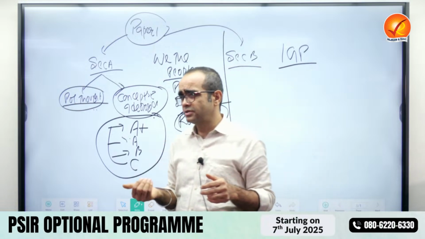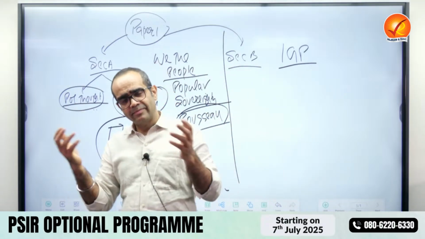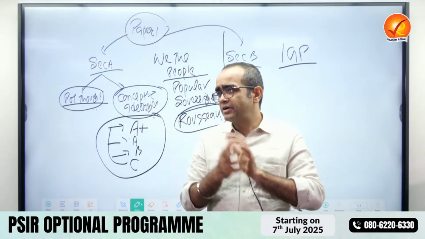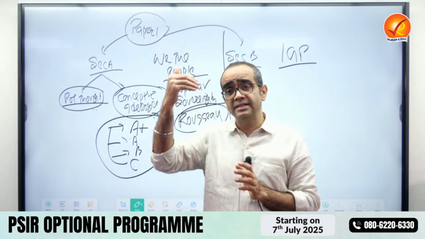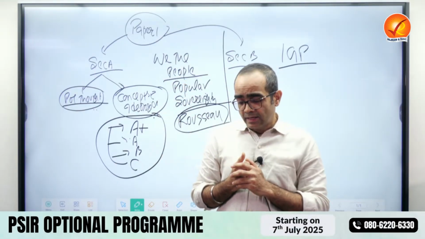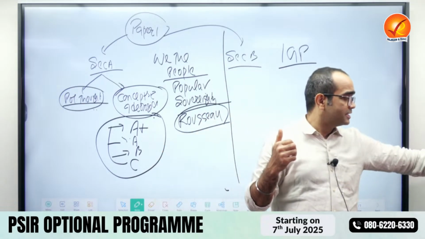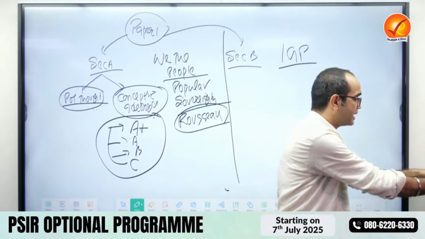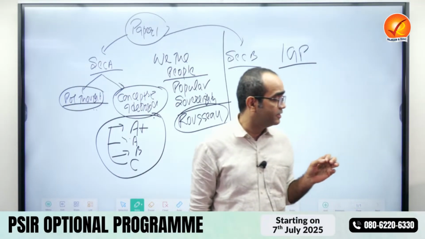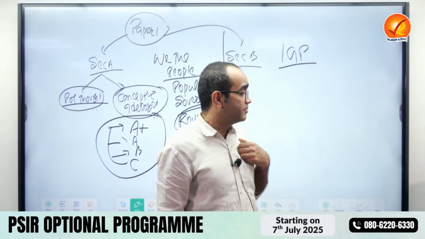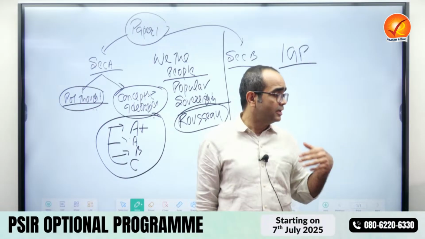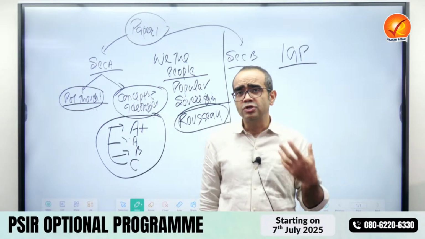Then you see Constitution. Again, Constitution, fundamental rights, directive principles, the state legislature, executive, judiciary, federalism. All this we have to discuss in greater detail while using theories, concepts, and analysis. And if you see the applied part, can you see topic number, if I say 9, 10, 11. Topic number 9 talks about caste, religion, and ethnicity. Topic number 10 talks about party system. And topic number 11 talks about social movements.